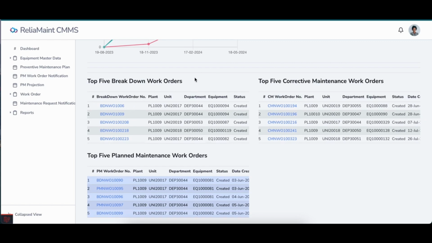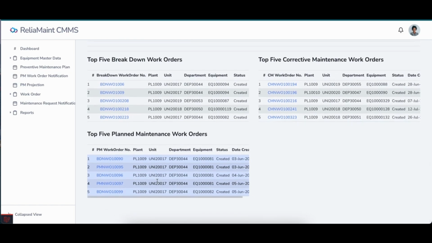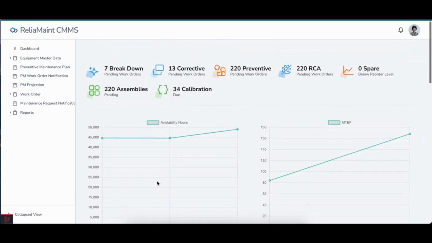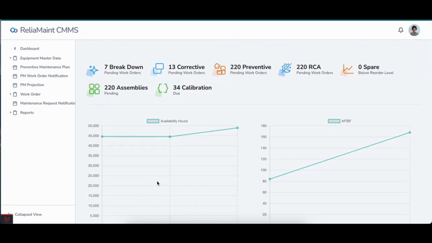Oldest breakdown orders pending, oldest corrective orders pending, and oldest preventive maintenance planning. So this is what we are giving on the dashboard. Further, we can see the